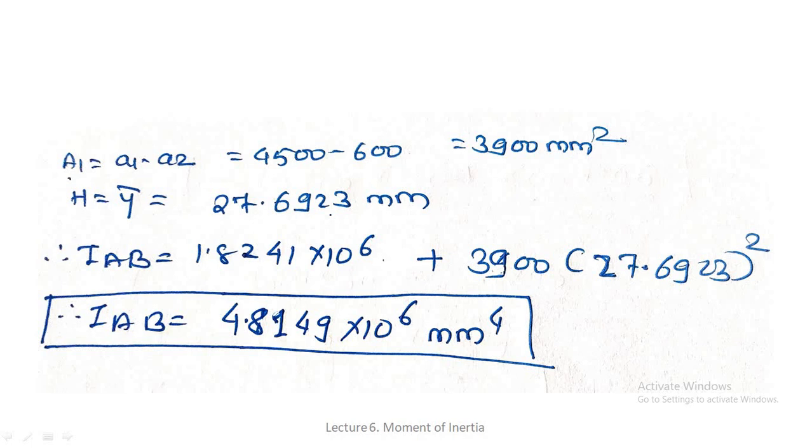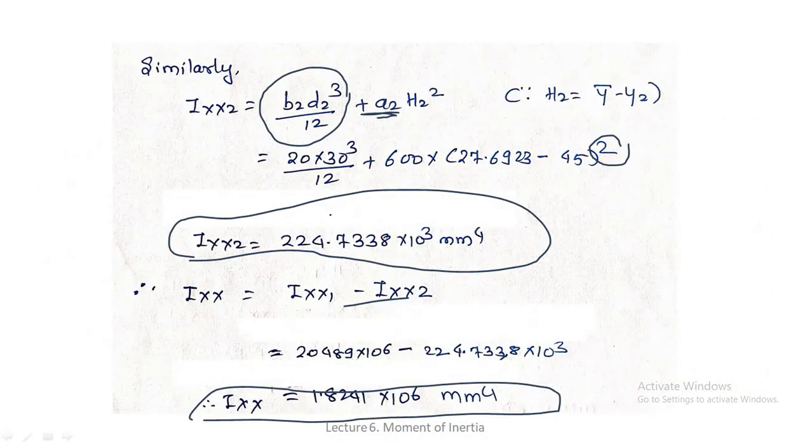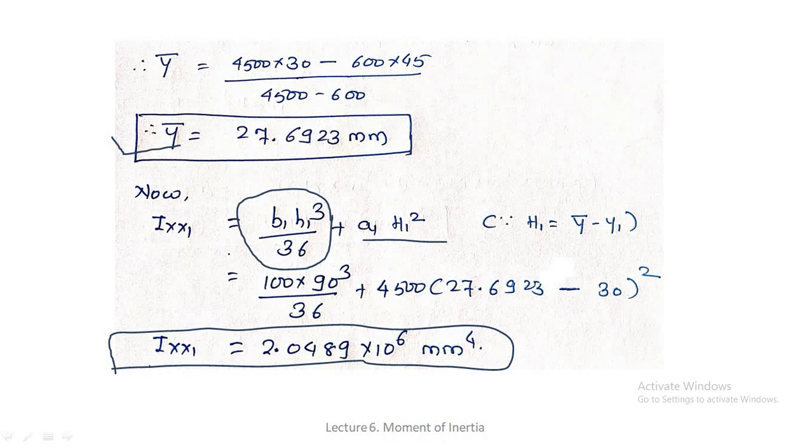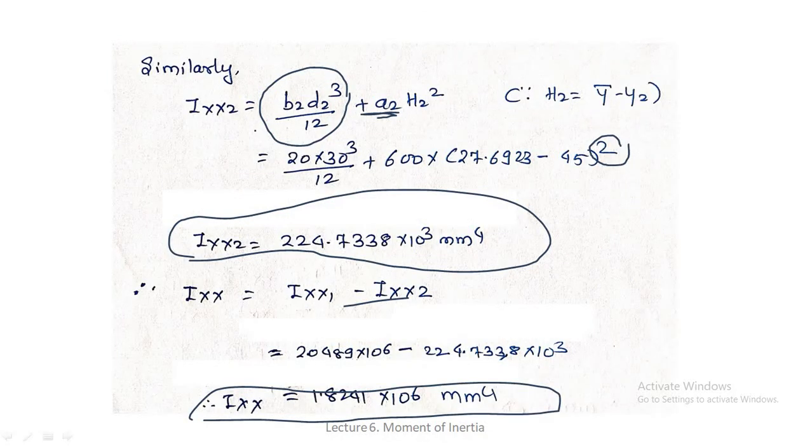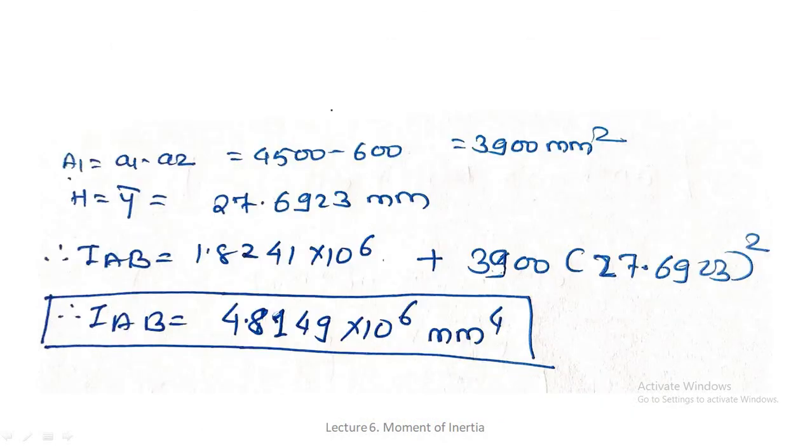So in this example, we have used the parallel axis theorem. We have used the formula of moment of inertia of a triangle about its horizontal central axis. Again, we have used the formula of moment of inertia of a rectangle about its horizontal central axis. And combining all those things, we have found the value of IAB. Remember, this question was asked for 4 marks. Even though the question is long and the answer writing might take time, you have to attempt this because it is a very easy question.